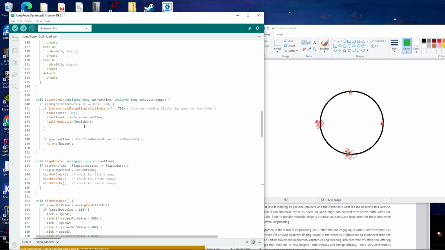So what I wanted to do is I actually had to make it so I have to check when the light next to the reference position is red, not the reference position, because I want the reference position to always show the light that I want it to show. Like if it's green, I want it to show green. If it's yellow, I want it to show yellow. It should never show a different color. So I have to look at a different position that is near that,